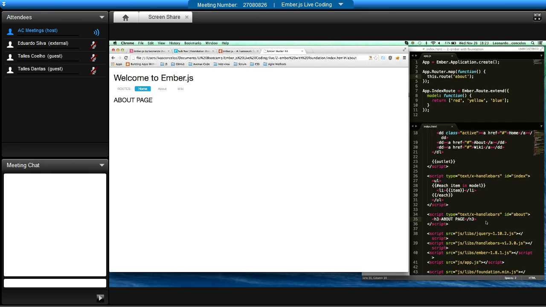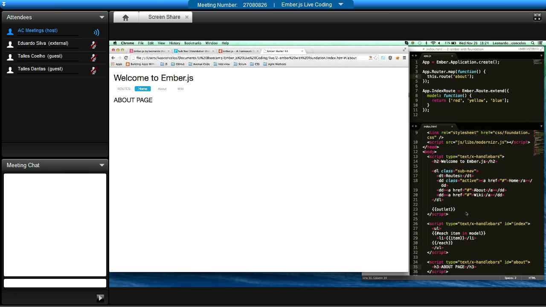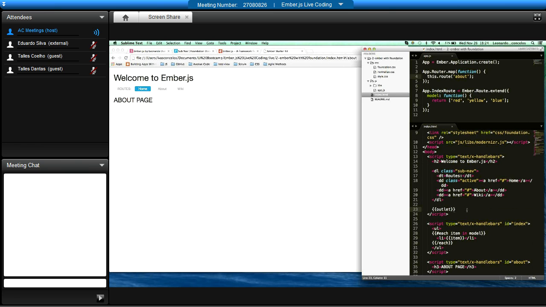Okay, so now we know how to bind a template with the route, but how does this template get rendered inside the main scope? I want to point out this outlet reserved word